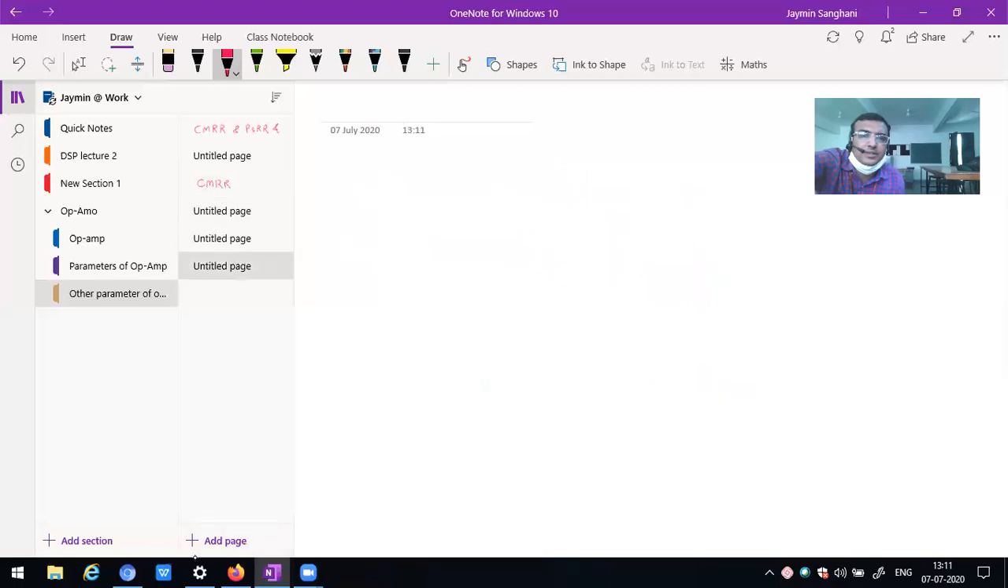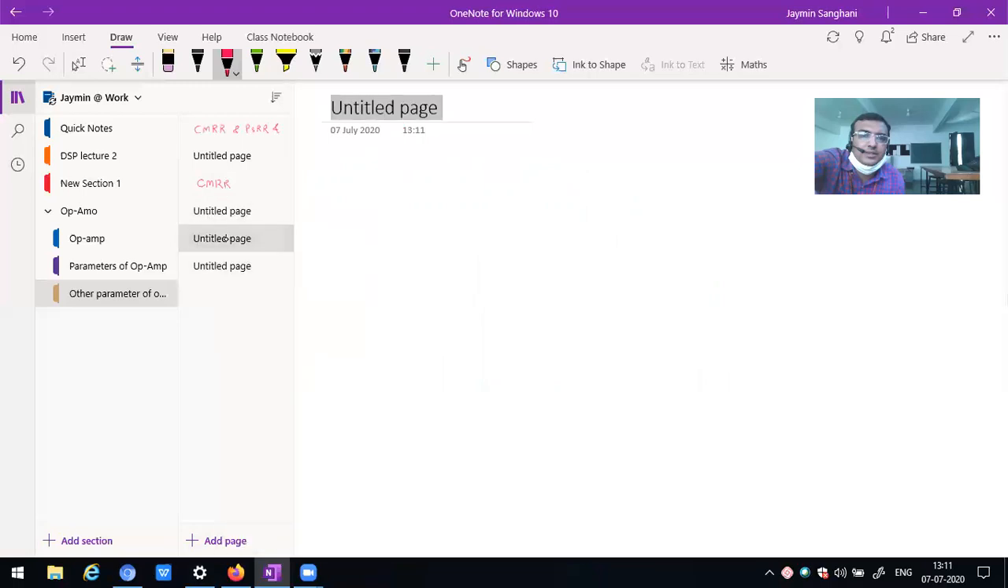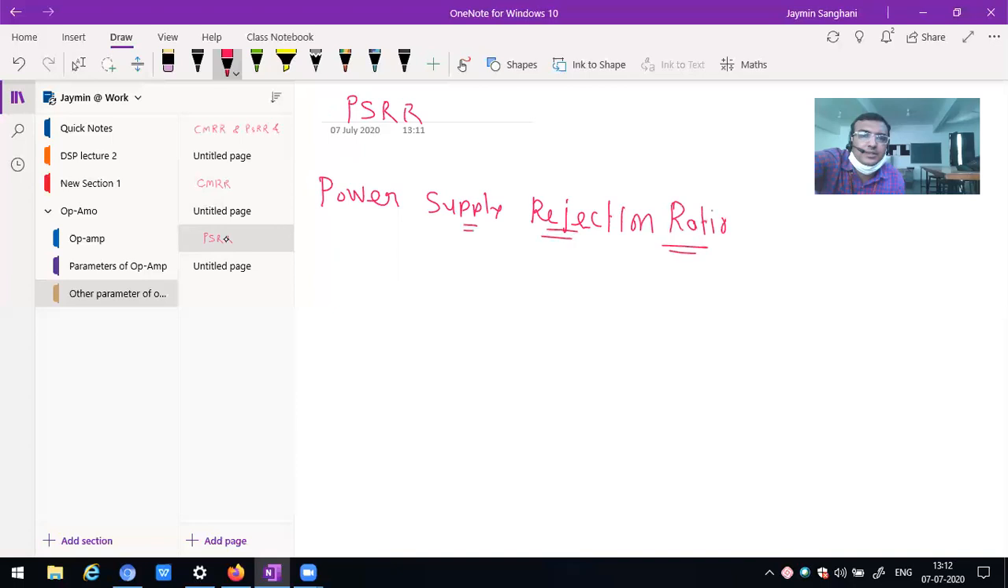Now, after completion of CMRR, one of the main topics is PSRR. PSRR means power supply rejection ratio. Now, what is the meaning of that? It is defined as the output voltage present in the circuit